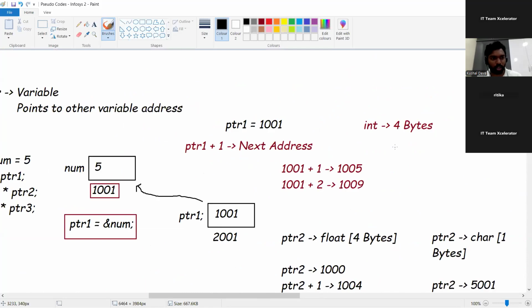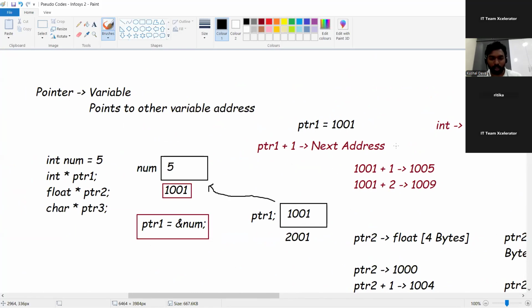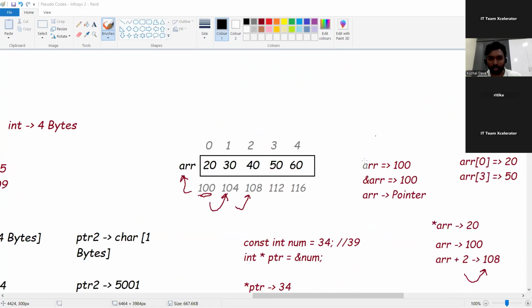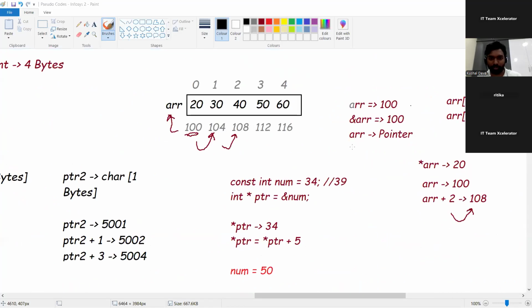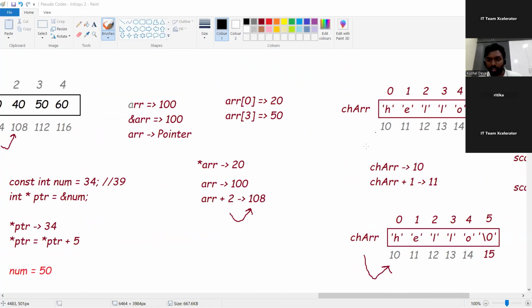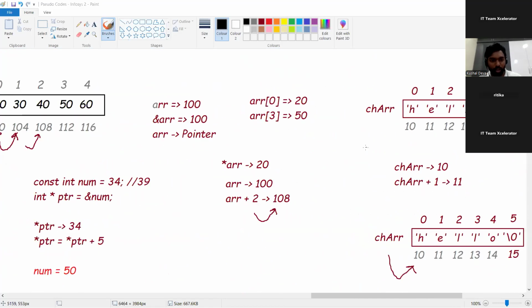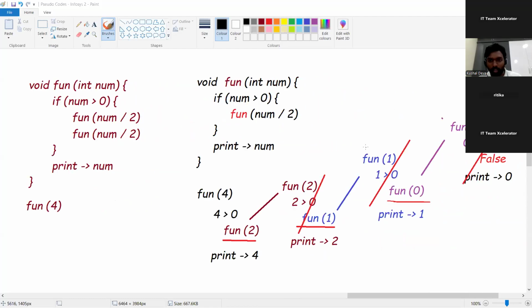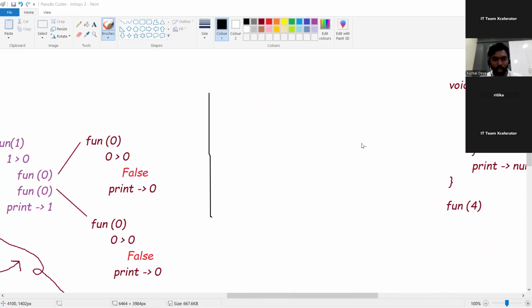okay, we have seen what are pointers. So what does integer pointer, what does float pointer, what does character pointer do? All right, so we have seen the concept of arrays, and we have also got to know, so when you increment a pointer by 1, so what is the pointer type? So based on that, that would increment. Something followed by strings also we have seen, I remember. All right. Okay, fine. So let me just take a new paint file.